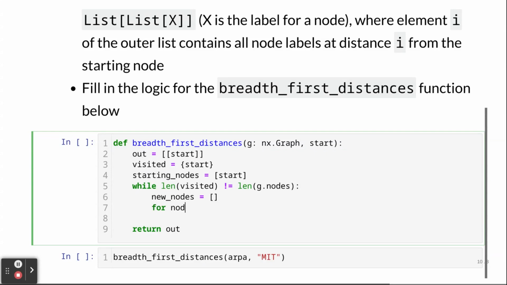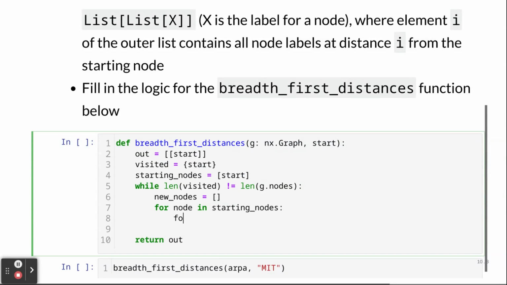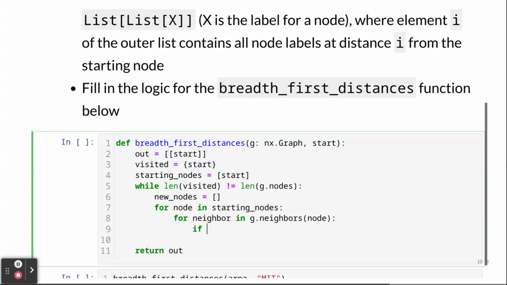So I'll say for node in starting nodes, for neighbor in graph.neighbors(node), if neighbor not in visited,